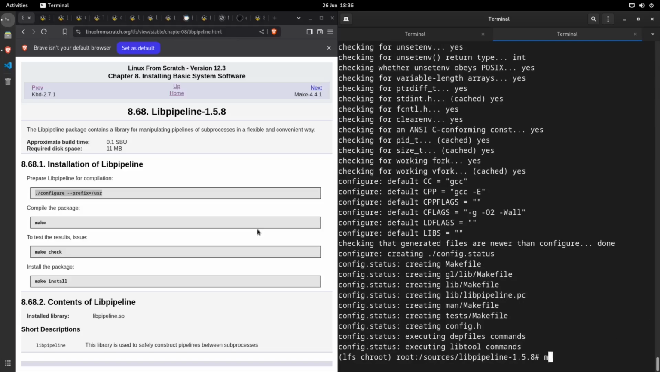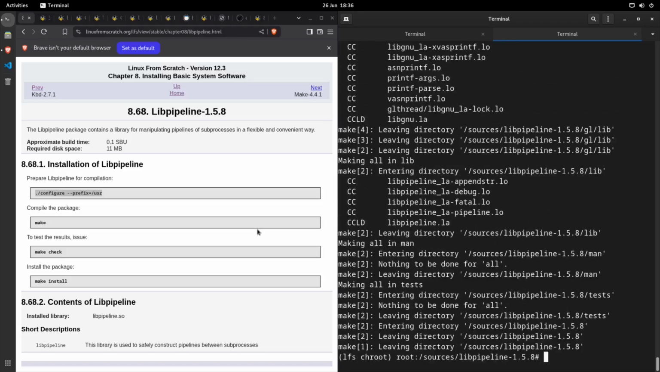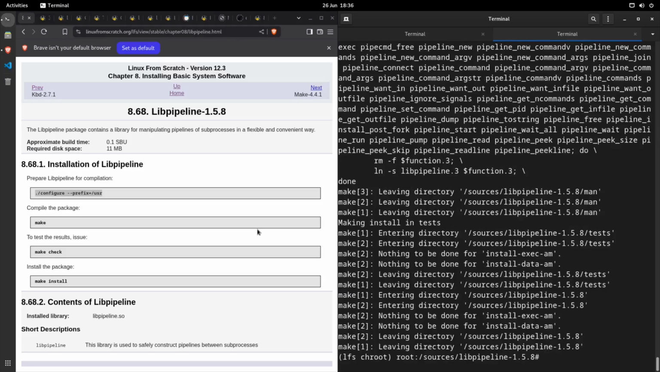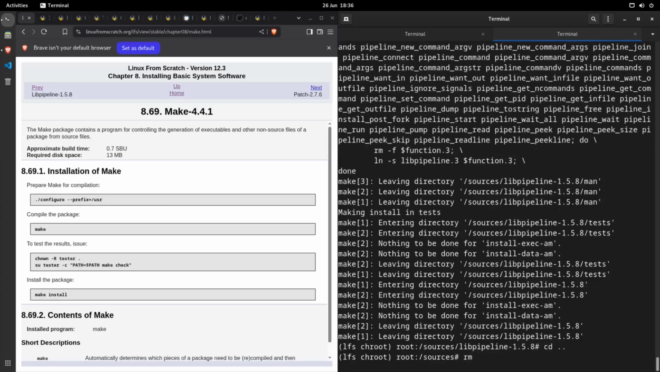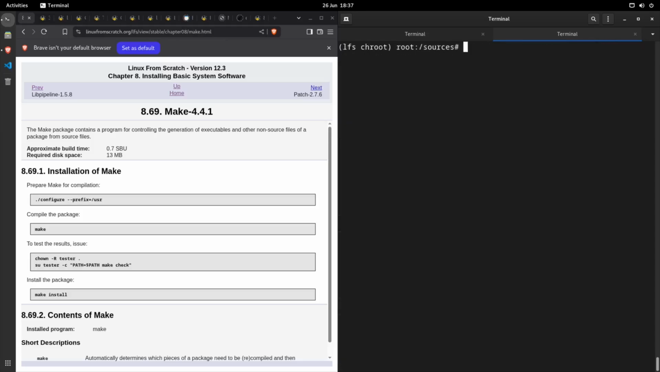All right, so what we're going to do is make and then make install. That's done. So this was a lot easier than the first lot. So cd out of here with rm -rf libpipeline. We clear the screen and we're going to install make. So we've been using make and then we're going to build it again. We're going to use make to build make. So we need to tar xf make and cd make,